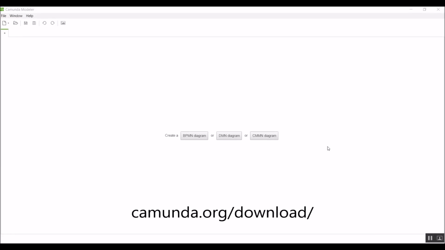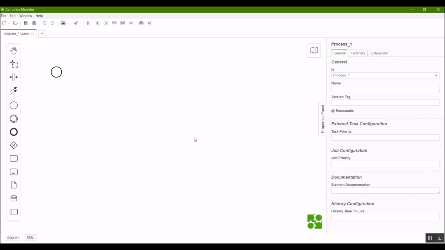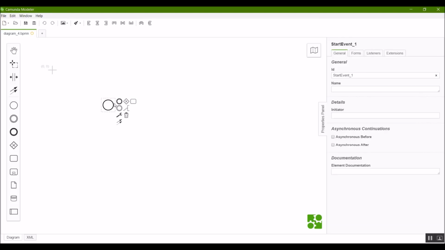Alrighty, so now it's time for us to build our model. If you followed some previous tutorials, you probably already have the Camunda modeler. If not, just go to camunda.org/downloads, or you can just use Google and find the Camunda modeler and download it. Once you do download it and start it up, you'll see something like this, in which we can start a new BPMN, DMN, or CMN model. So we're going to create a BPMN one, and we begin with a start event. So following this is the beginning of our process.